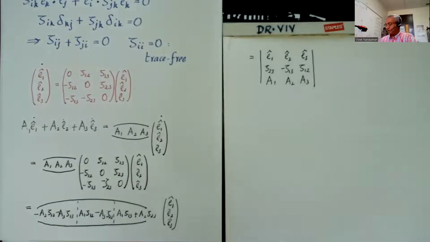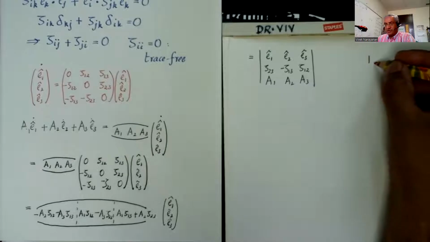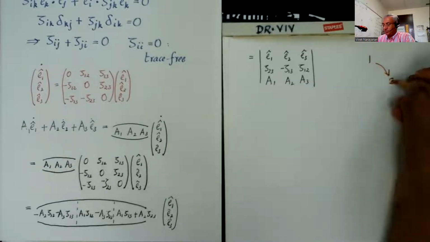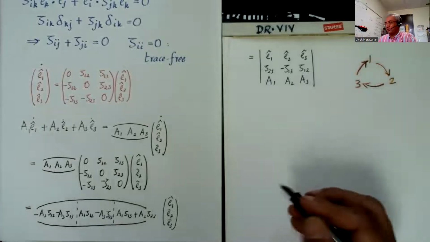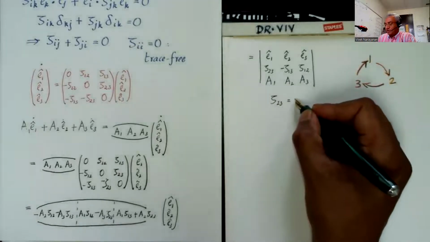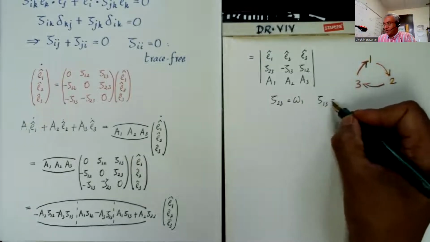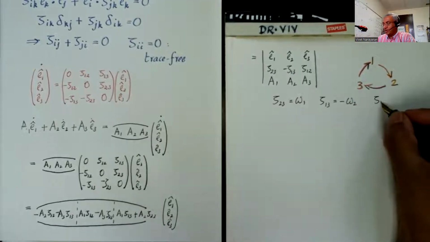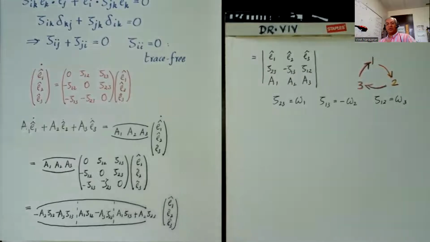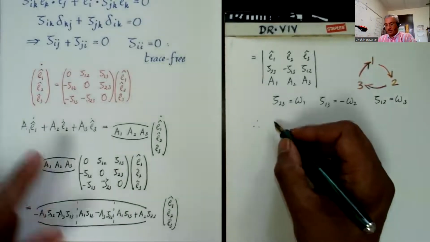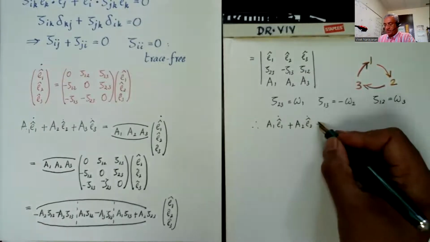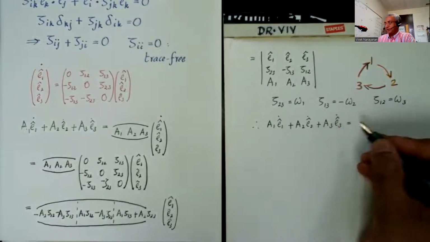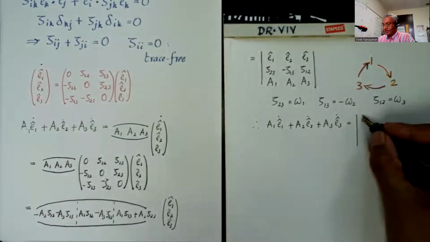So what we can do now is invent, using our antisymmetric circle symbol, also known as the magic circle, components of angular velocity. So I'm going to call zeta 23 the angular velocity omega 1, zeta 13 negative omega 2, and zeta 12 omega 3. So we have discovered that the rotation rate is given by this angular velocity component. So the upshot is this vector A1 E1 dot plus A2 E2 dot plus A3 E3 dot is just given by the determinant